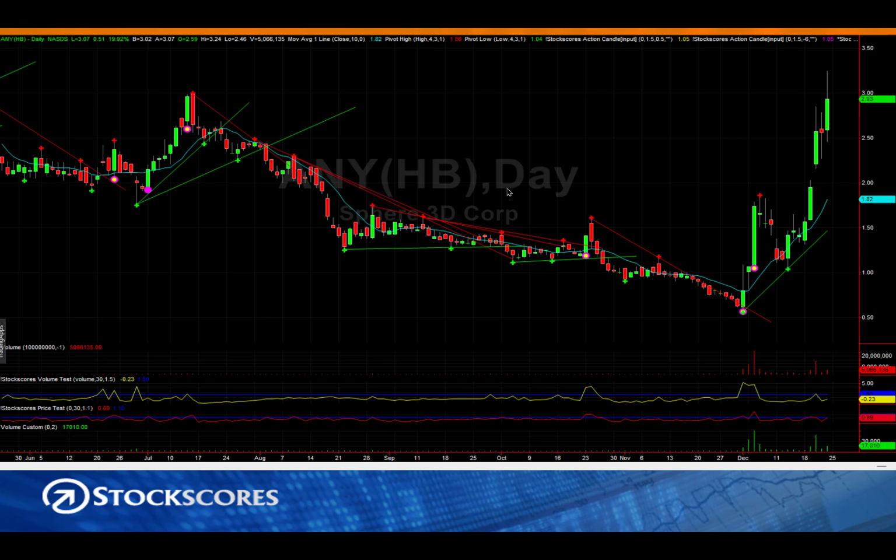Action candles have abnormal price change, but they also have abnormal volume. The volume traded is more than normal. So here you can see a yellow dot and here a yellow dot. We can see that the price jump was abnormal, but we also have a similar indication for volume in the Stockscores volume test. So not only did this stock go up a lot, but it did so with more volume